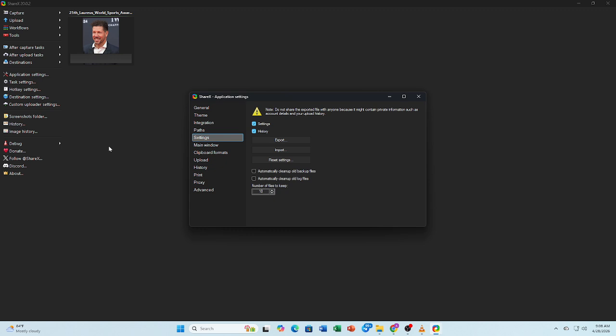So that's how to fix ShareX settings not saving. One of these steps should solve the problem and keep your